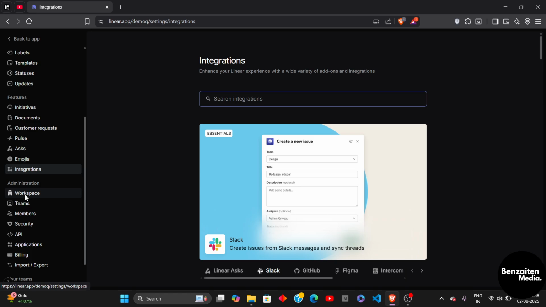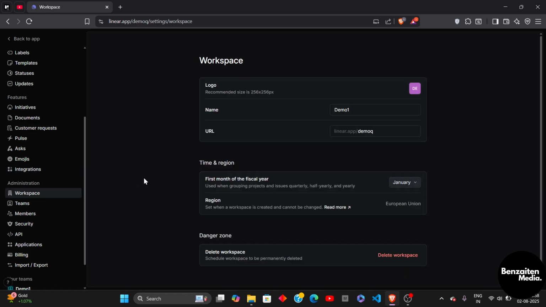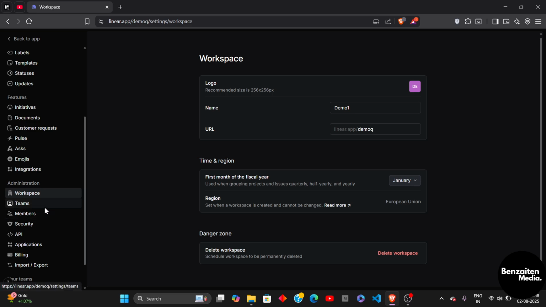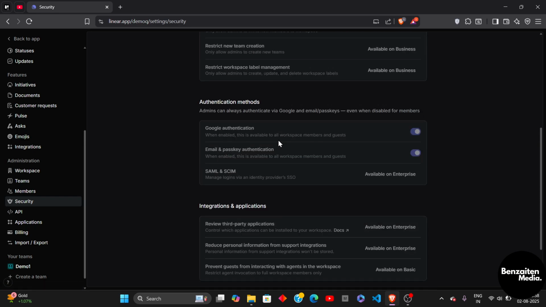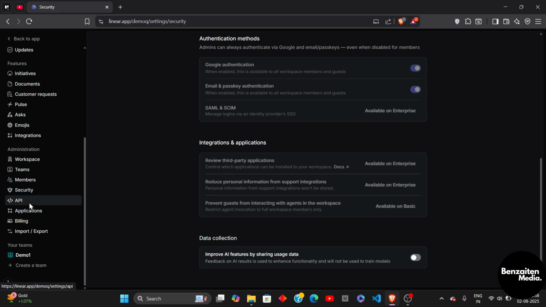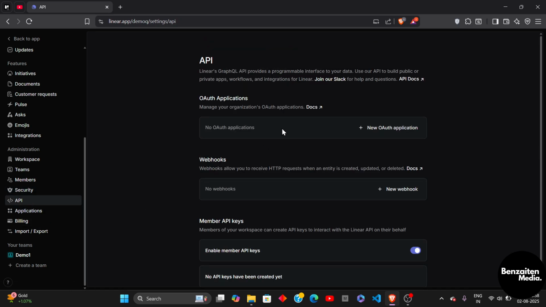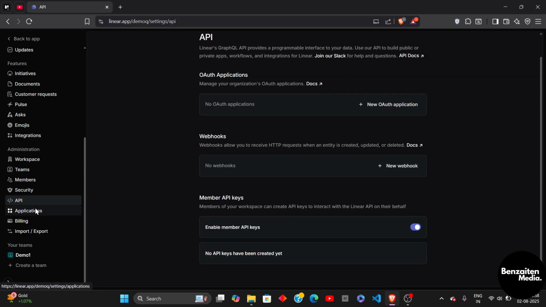And under the administration section, you have this workspace wherein you can just customize your workspace, the team members, and security. When you click on the security, you can also enable the invite links, and then you can make your project more secure. When you click on this API, you can generate an OAuth application, a new webhook, and you can just generate it from here and then paste it on any other software that you need to connect with